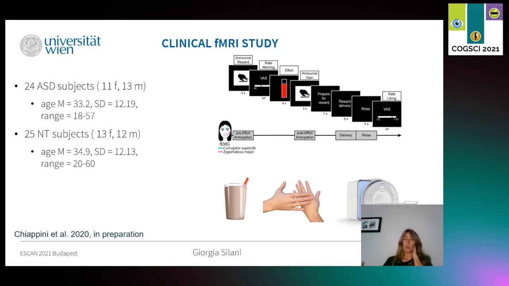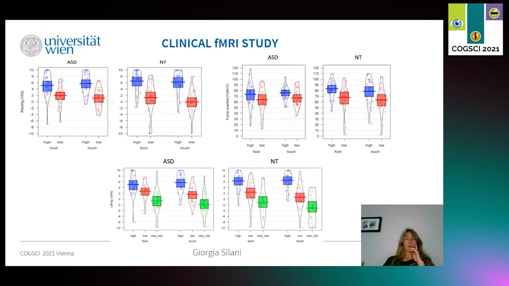But as previously, we gathered both subjective ratings and more implicit measures of wanting and liking, namely effort and facial EMG. The results point to no difference between the two groups. Namely for wanting, the effort, and liking, they are the three panels that you can see in the slide. Both autistic individuals and neurotypicals were able to differentiate between high and low reward equally for food and social. So we see the usual effect of reward level, but we did not see any